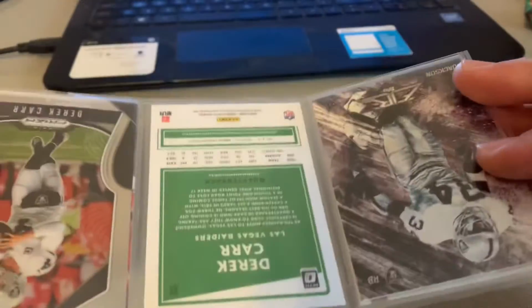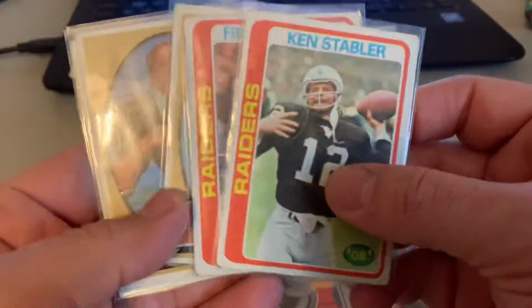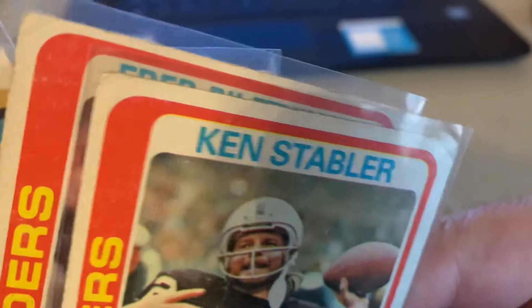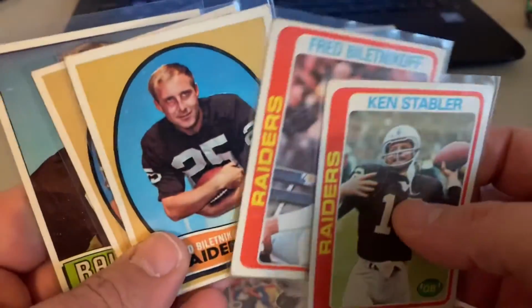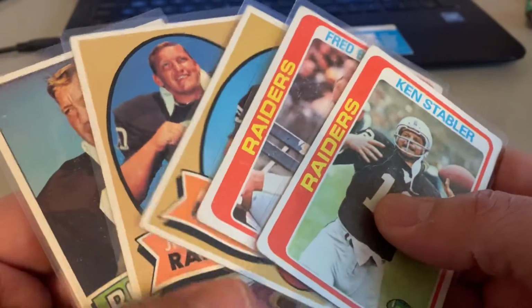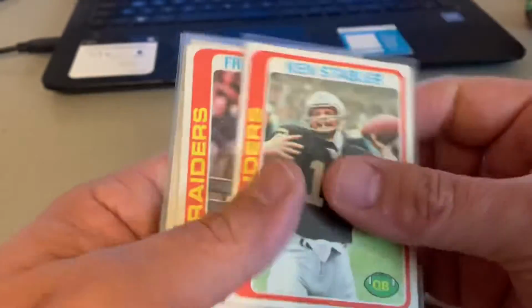But you know, one of the things about this, so you've got kind of a balanced look, except for that back card. But while I was sorting the Raiders, and although this is a Colt, you know, from the 70s, I found some of these older guys, and these are cards that, I mean, they're just not really worth, I wouldn't want to list them. And the reason why, somebody might want these cards, but I wouldn't want to charge anybody money for them. Another thing too, man, there might be some guy that says, oh, I can resell those for, you know, those are all $10 each, and you can just keep them off the market. But I think what I'll do, man, is surprise this guy with this one just to even up the stack,